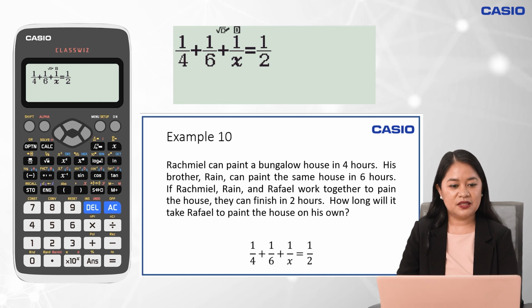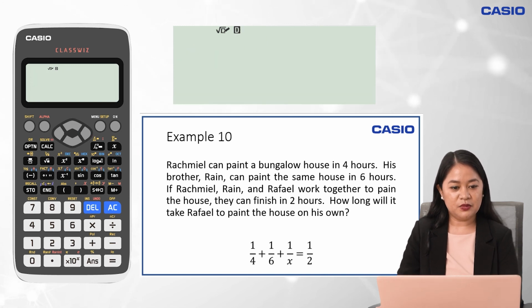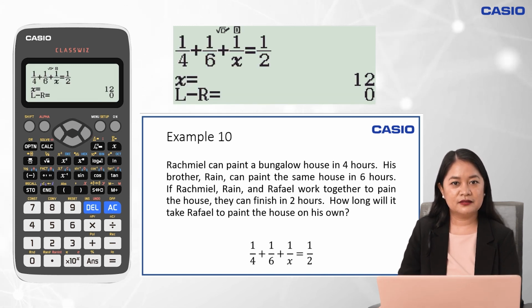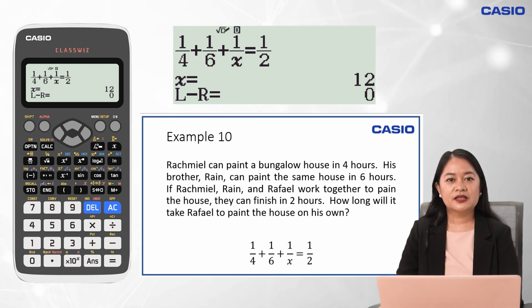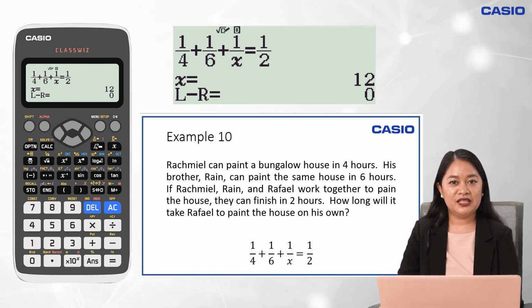Lastly, we press shift, calc, and equal buttons. Since x is 12, it means that Raphael can paint the house alone in 12